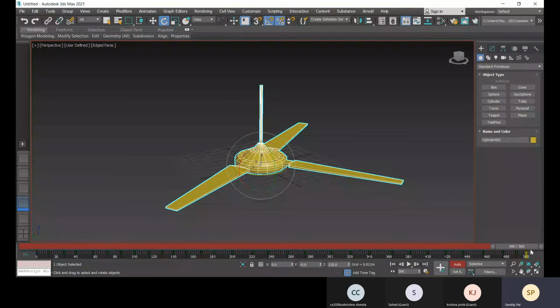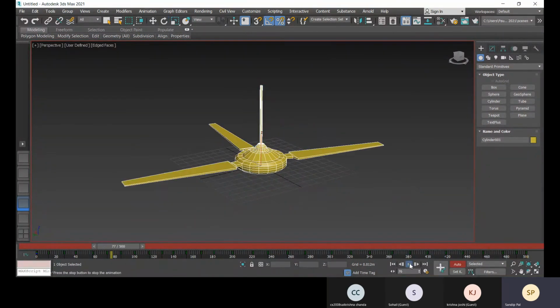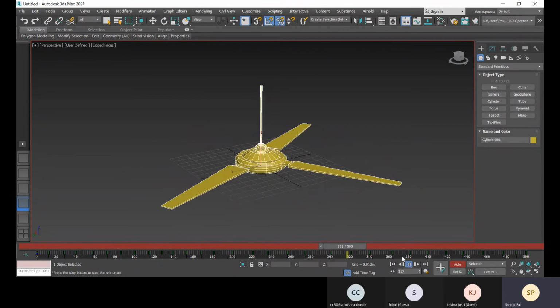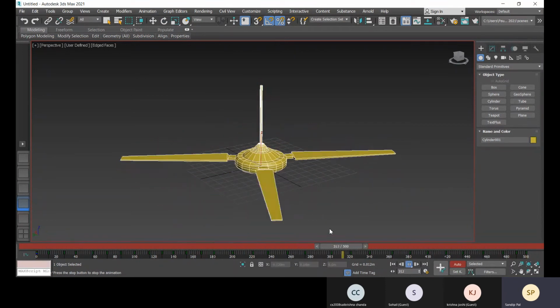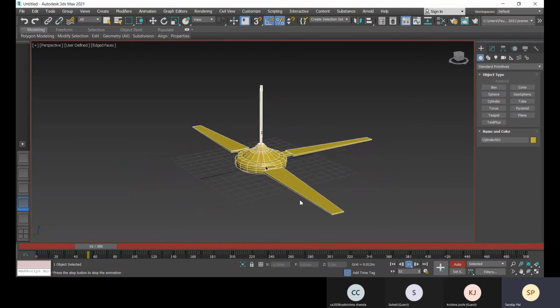Okay, so now at the last end, I have done. Now if I play, now you can see. Okay, so this way we will create the animation.